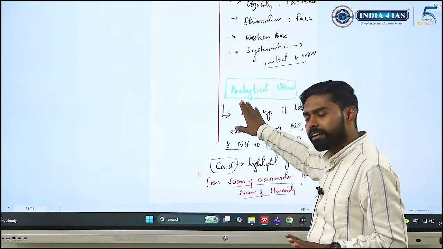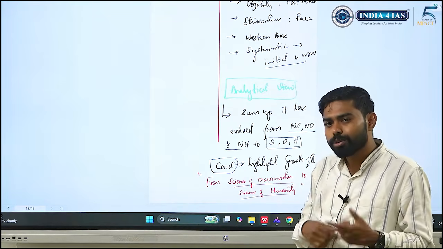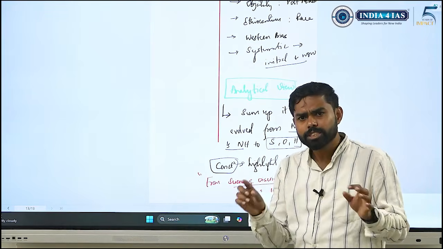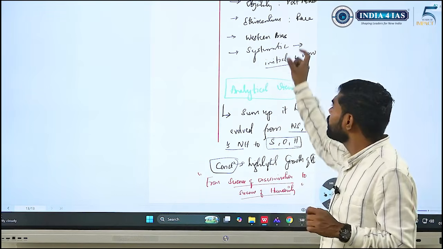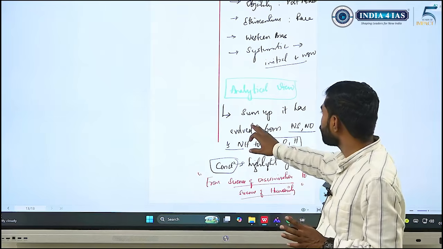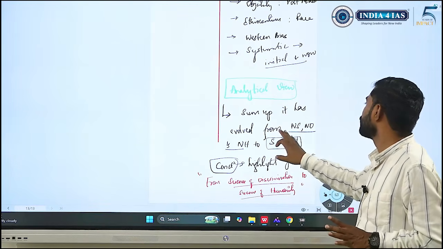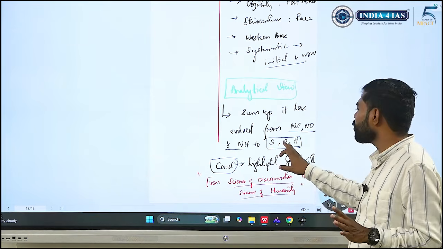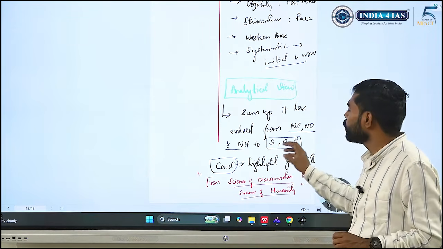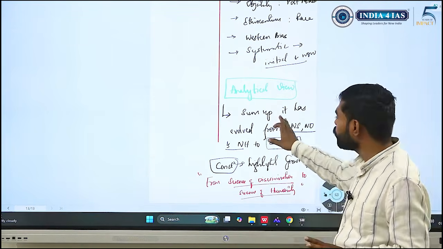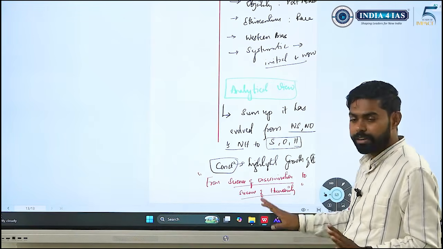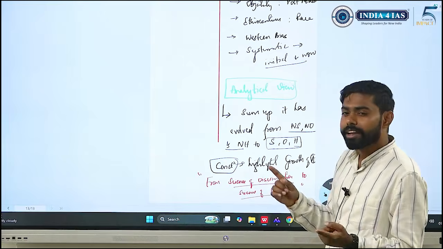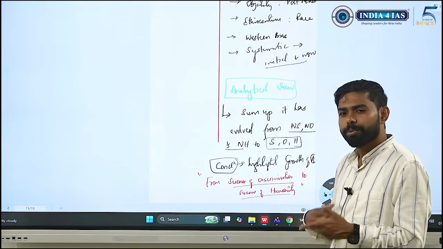You need to write it under a head like analytical view, anthropological perspective, or analytical perspective, where you will write the crux of it. So what I'm writing is that it has evolved from a non-scientific, non-objective, and non-holistic to a scientific, objective, and holistic discipline. You can use it and rephrase it. I have given you the idea of what this should contain. This is not the exact statement that you are expected to use. You should get it rephrased in a more appealing manner.